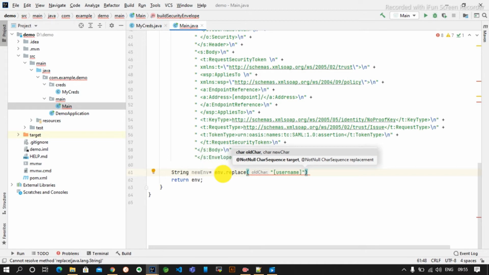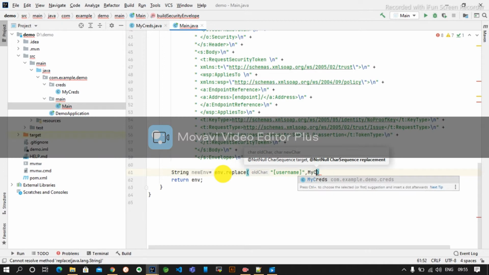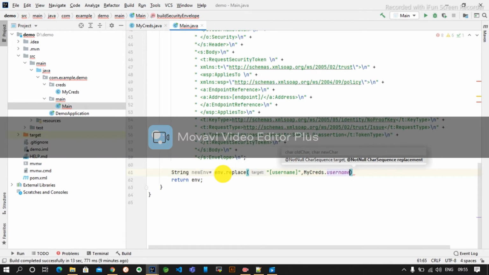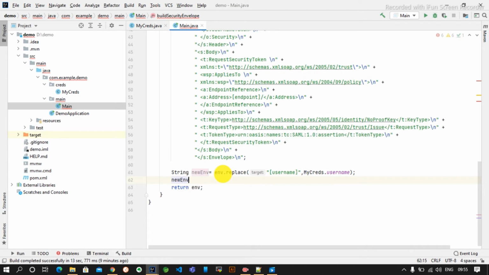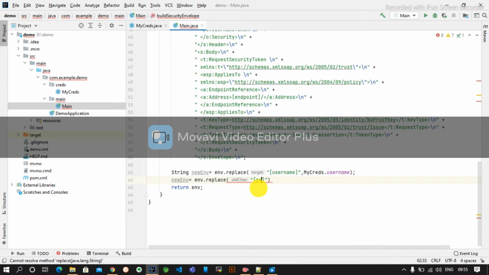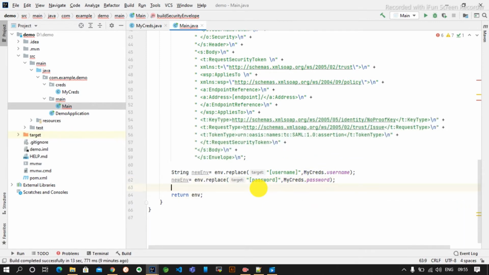Username we replace with the minecrates dot username, and the same thing we'll do with the new env equal to env dot replace, then the password we replace with the minecrates dot password. Then we need to change the endpoint as well.